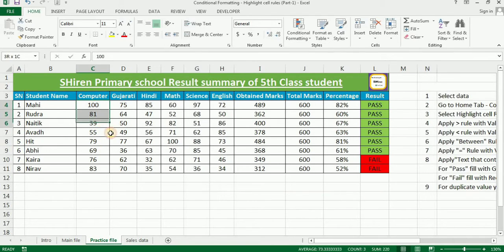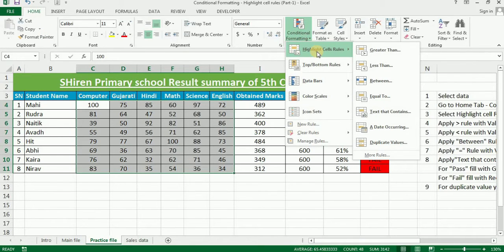Here C3 to H11 is my data range, where the students have obtained some marks. You can select by mouse, or manually with the keyboard using Shift and the right arrow, and then go to the Home tab, Conditional Formatting, Highlight Cell Rules.